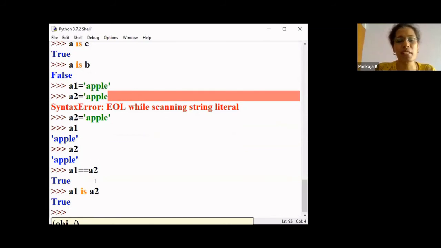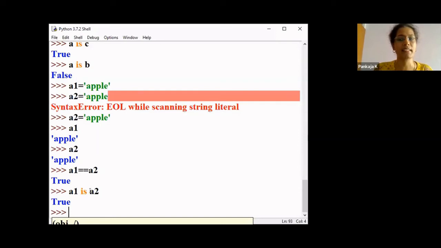Why is it true, students? A1 is A2, it is true. Both are apple. Here equal to will compare the content. The content is the same, so it is true. But I have created A1 and A2 as different objects, right? Then it should give false. Why is it giving true? Can anyone tell me? Both A1 and A2 are strings.